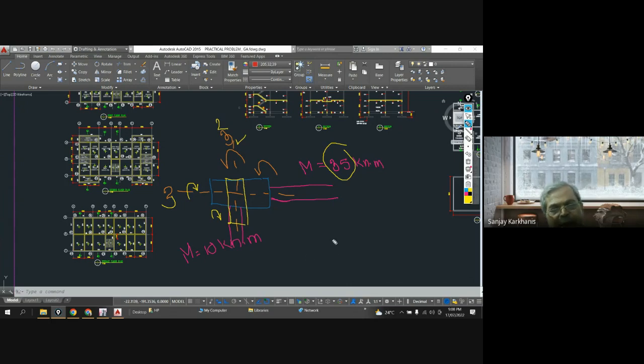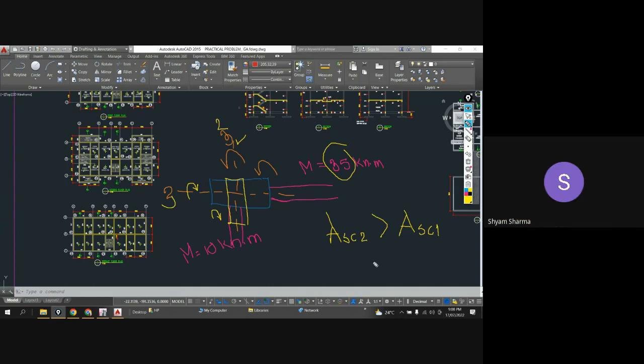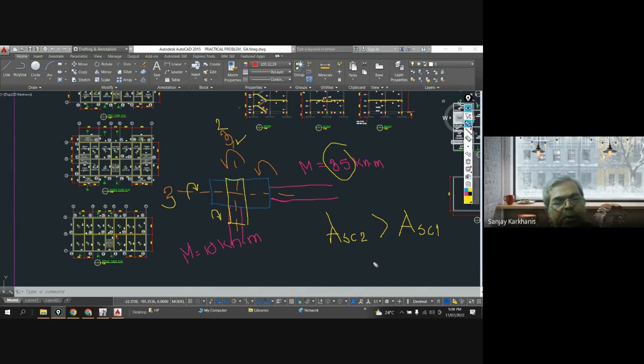So in the second case, you will need more ASC. ASC in the second case will be more than ASC in the first case. Clear? Because on the minor axis you are getting a smaller lever arm,